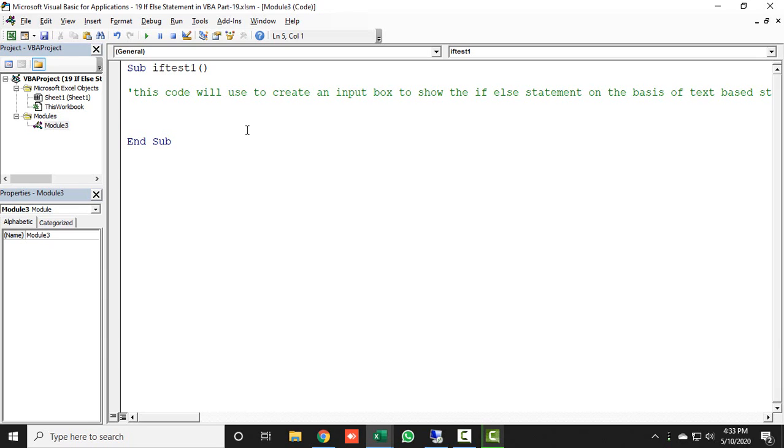First of all, I will take a string variable, and let's say I'm taking the name myIf. So here I'm writing Dim myIf As String, and let's declare the work of the string. So myIf is equal to, via input box, I'm putting a question, are you an Excel lover? Yes or no? Simple. I'm just asking a question to users, are you an Excel lover?